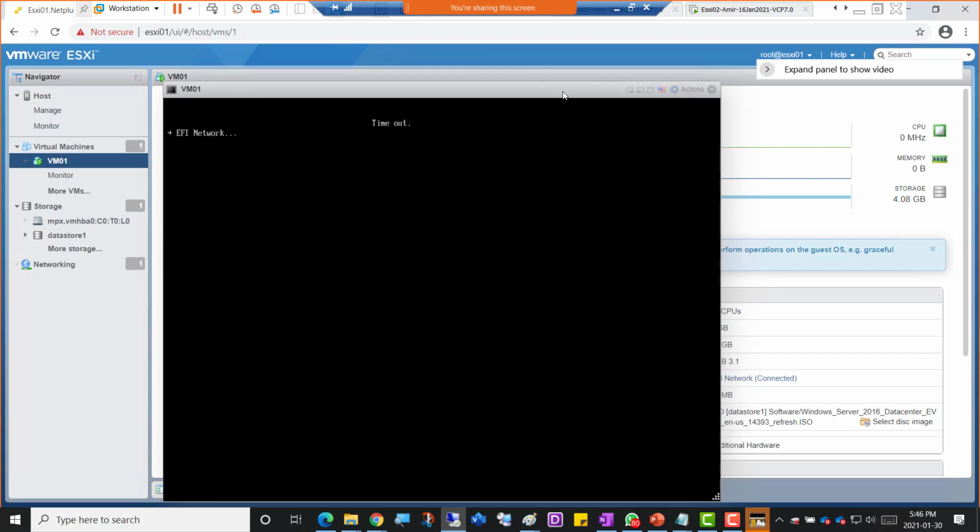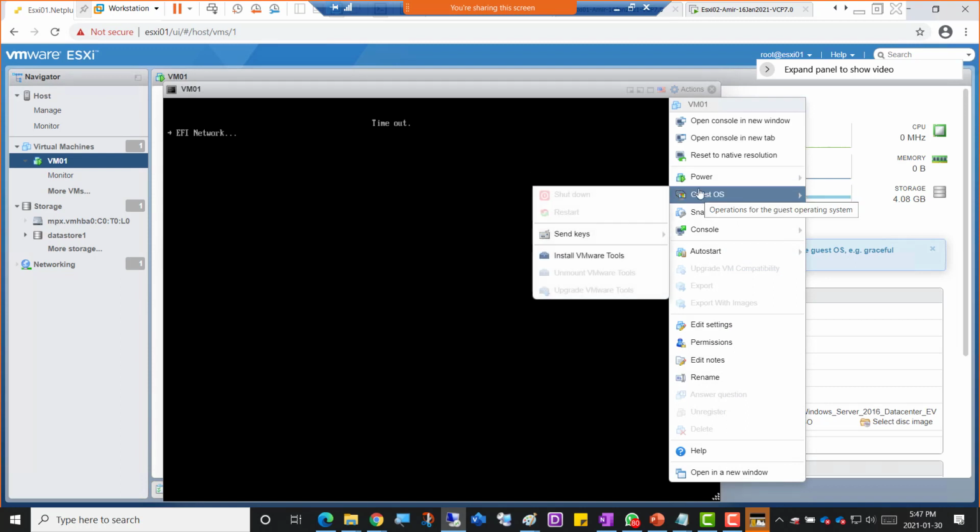So I need to restart this machine again. Then I can click on top of this screen here. You can see that when I put the mouse down here, it vanishes, so it just goes inside the virtual environment of this virtual machine. So I'm outside now. I'm going to click that actions